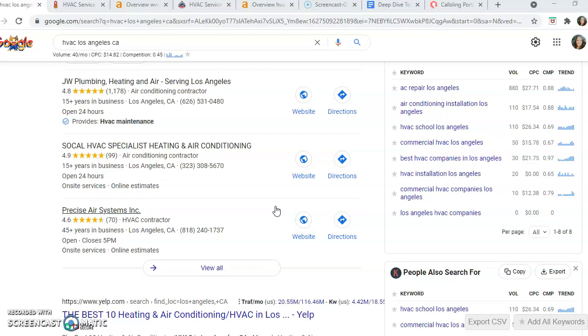Citations are essentially online directory listings. They want to see your business name, address, and phone number repeated on various websites across the internet. Online directory listings such as Yelp, your social media accounts count towards that. Local Yahoo, local Yellow Pages, if you're on Angie's List or Houzz or Home Builders, anywhere where they can get your business name, address, and phone number,